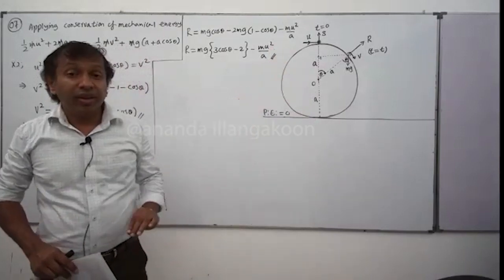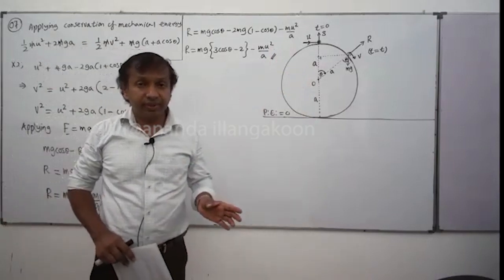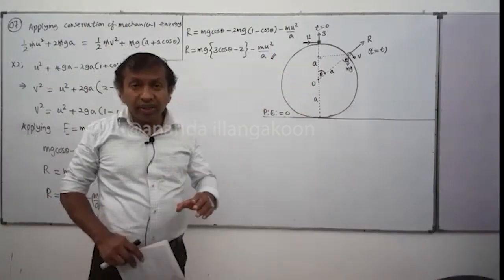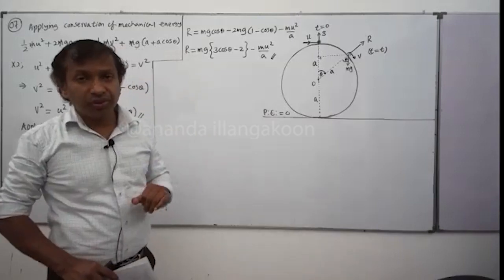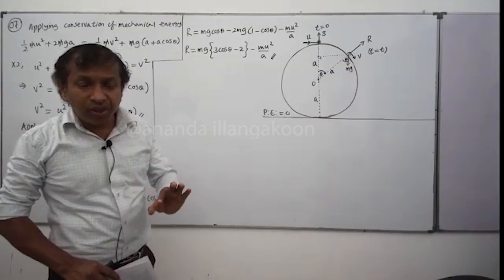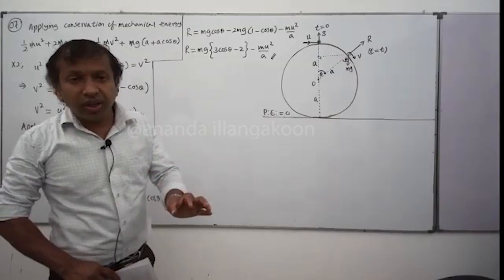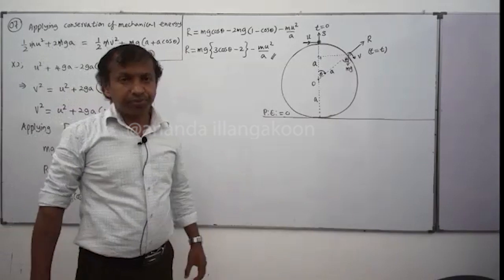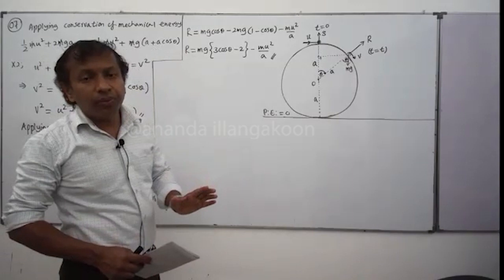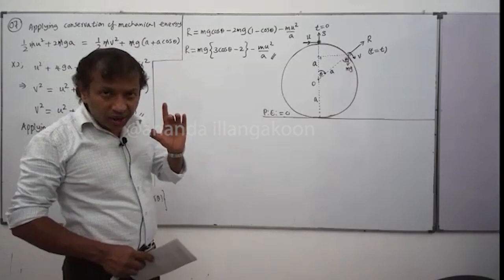Why? The particle loses contact with the surface of the sphere at the instant the velocity u is given to it. Losing contact means R is 0 at the initial moment, and thereafter R negative means they separate. So at t equals 0, soon after giving the velocity, if the particle leaves the surface,